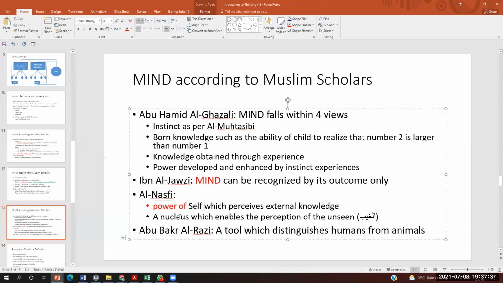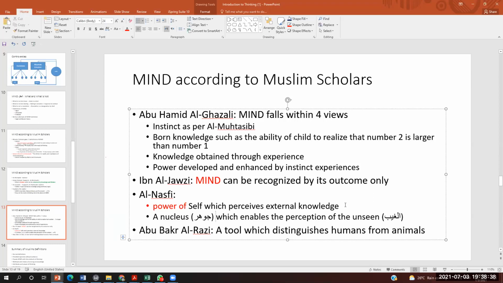Also he says it's a nucleus. A nucleus, that's my best translation of the word jawhar. If somebody can give me a better translation than mine, I will appreciate it. So he says it's the jawhar. Jawhar is like a diamond, like a jewelry, actually. It's the jewel. An-Nasafi says it's a jawhar, a nucleus, a jewel within us, which enables us to perceive